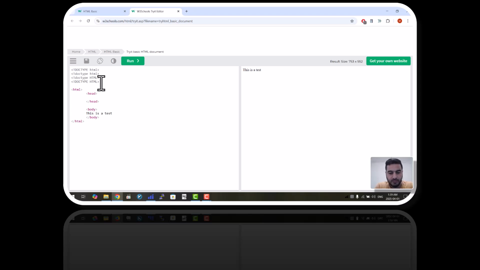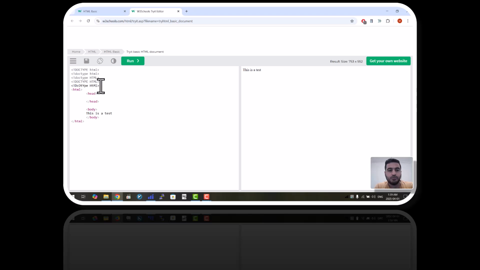Or you can type this part of code with some uppercase, doctype HTML like this. It doesn't matter,